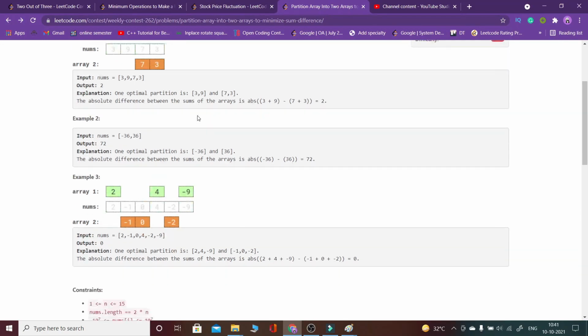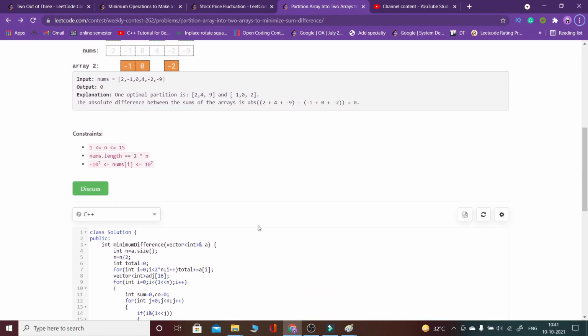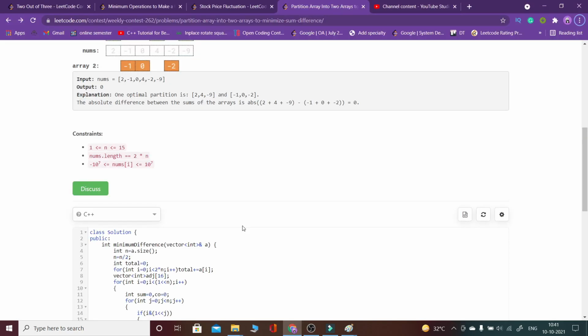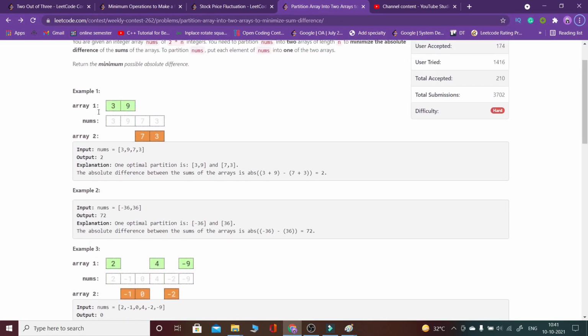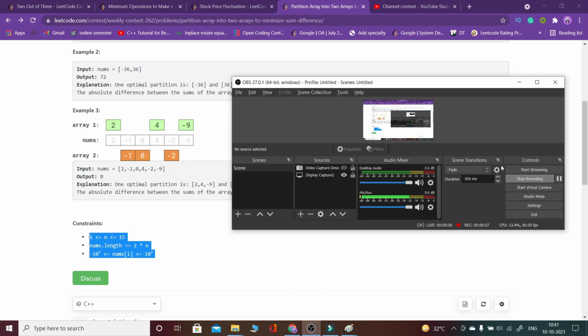Now let's see how we would approach it. One important thing is we have to see the constraints as well, because it would matter a lot. By seeing the constraints, we have to make our solution for this problem. You can see the constraints: the nums values are high, and the n value is small, so we can proceed accordingly. Now let's see the approach.